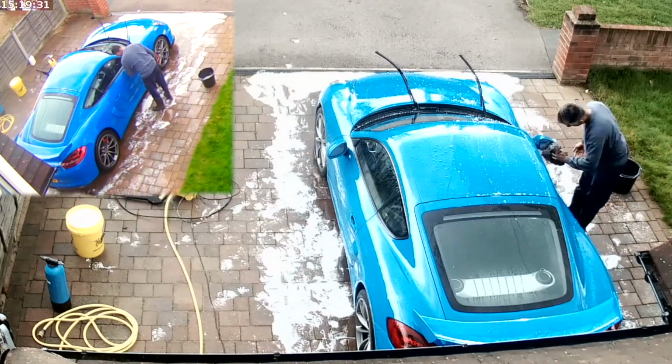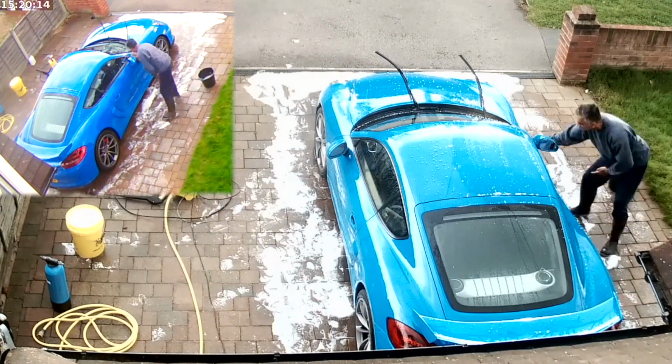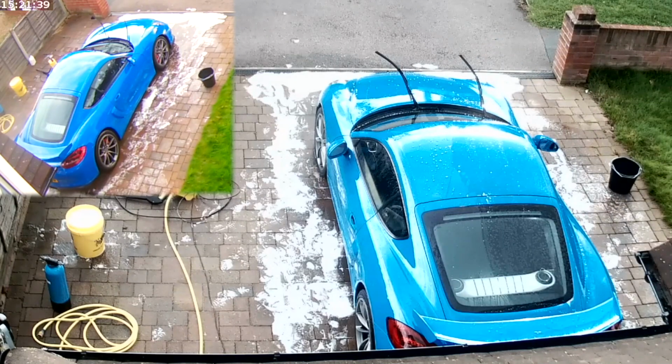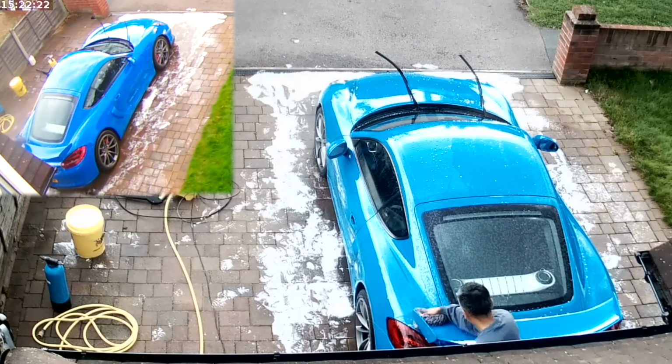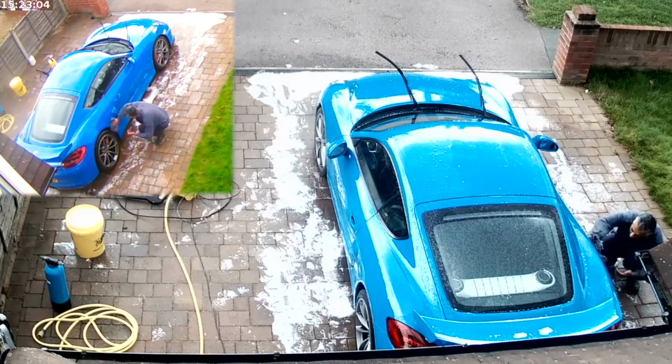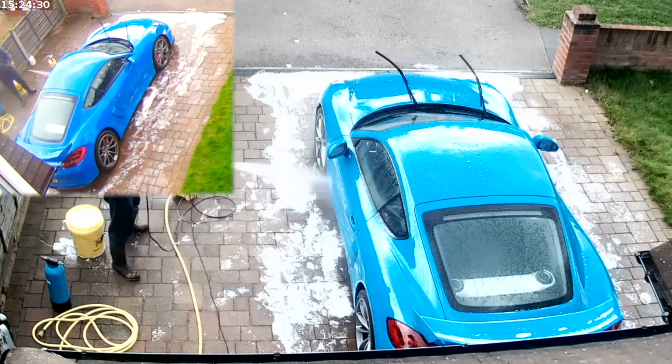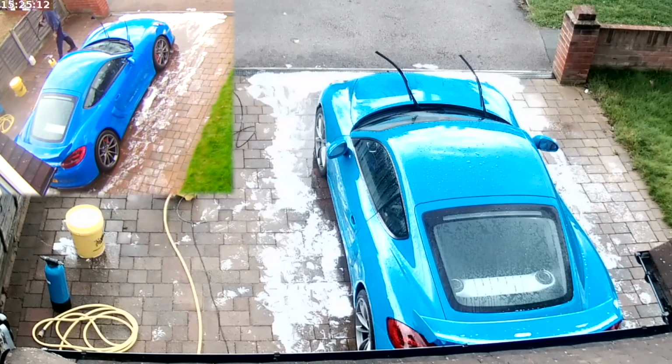The doors, obviously the lower you go, the more dirt you get. So what you're seeing here is me working through with the Meguiar's. Anything like a little bit of tree sap I noticed on the car, you get small bits of tar. Just work my way gently with that microfiber cloth and the shampoo,